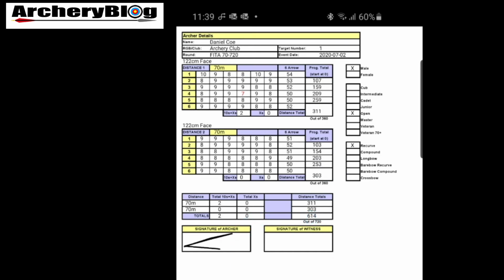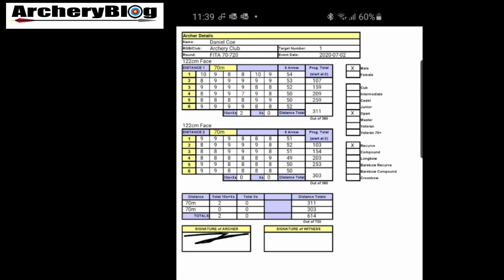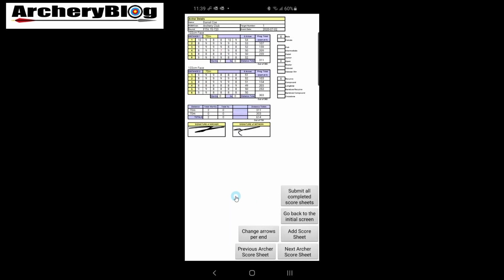So just to finish this off, what you've got to do is you've got to enter your signature of the archer and the signature of the witness or the target captain in there before it will let you submit it. So I've gone in here and I've drawn my signature in there, and then the witness would sign theirs in there. Okay, and then what we can do is we can submit our score sheets. So we've signed those off,